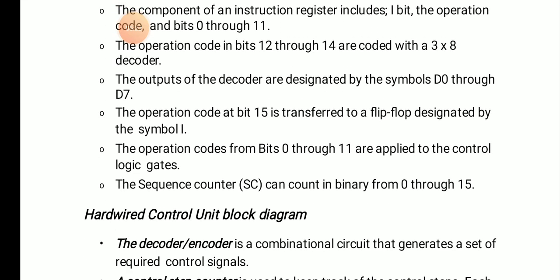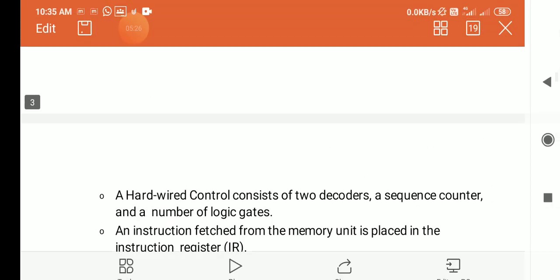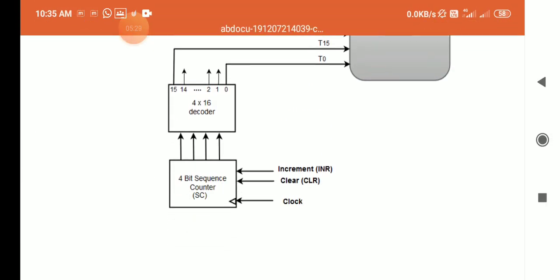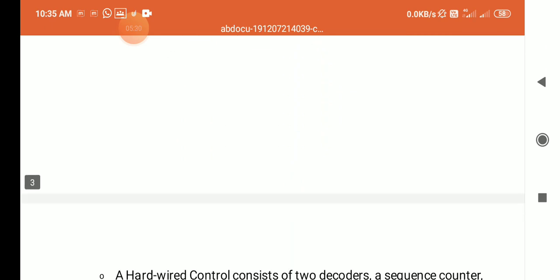And next, the sequence counter can count in binary from 0 through 15.